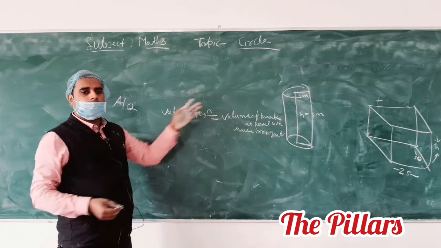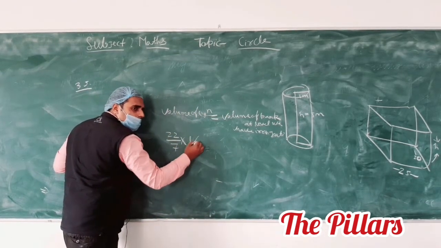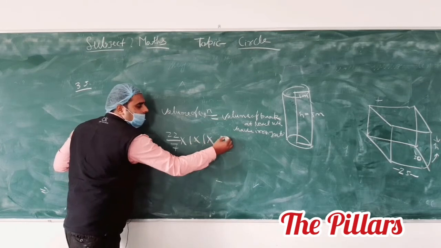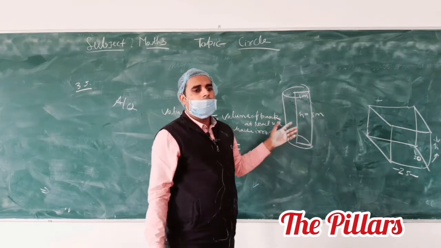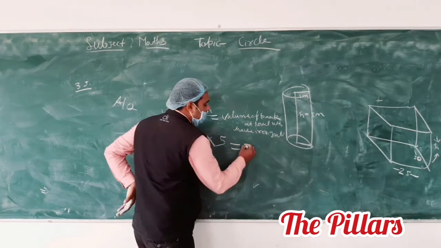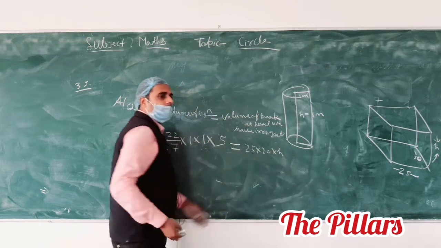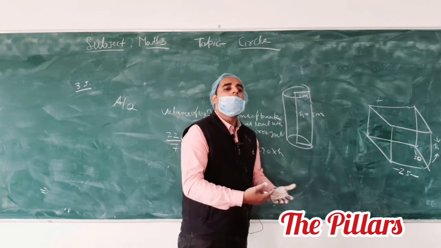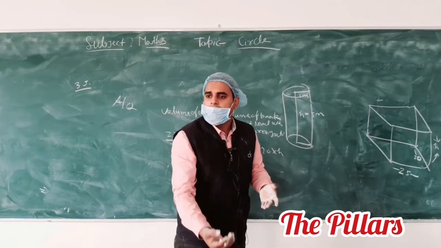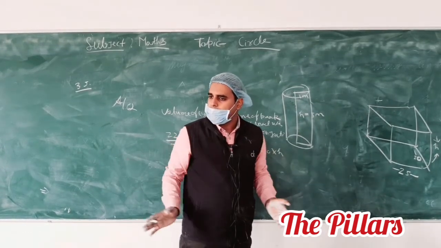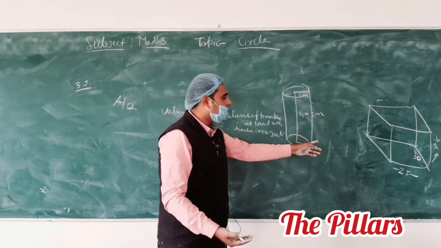Volume of the cylinder is pi r square h, that is 22/7, the value of r is 1 into 1, the value of h is 5. This equals the volume of the park, which is cuboidal, and the volume of a cuboid is LBH, so 25 into 20 into h. The question asks about this h. We have to irrigate this water in our land, so the length and breadth of the land are fixed. Only the height increases, and the question asks about this height.